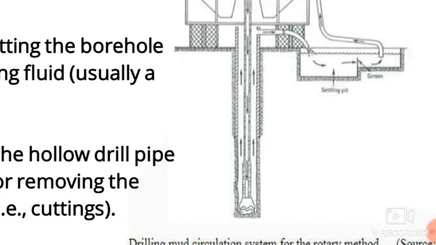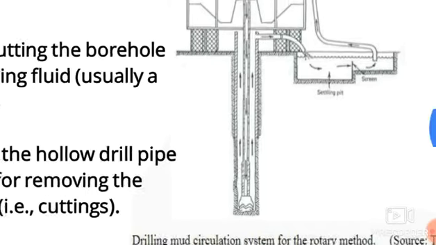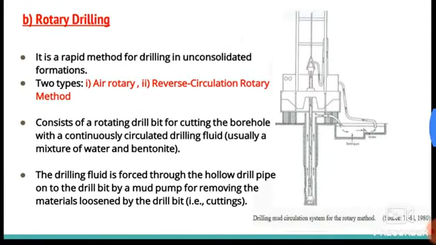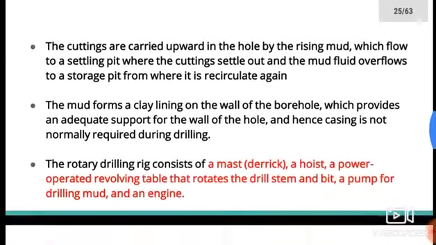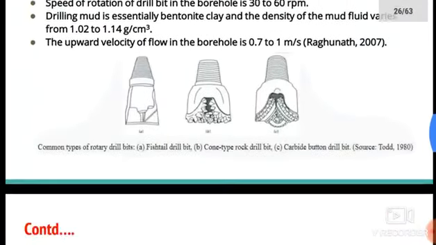That soil will get loosened, and instead of the drill bit, there will be a suction pump. That suction pump will take up the soil plus water through the pipe to the upside portion, and the soil and water will be forced out. Okay, so this is the thing happening in reverse circulation rotary. The normal direction of flow will be reversed in case of reverse circulation rotary. This is the difference. So these are things you can read.